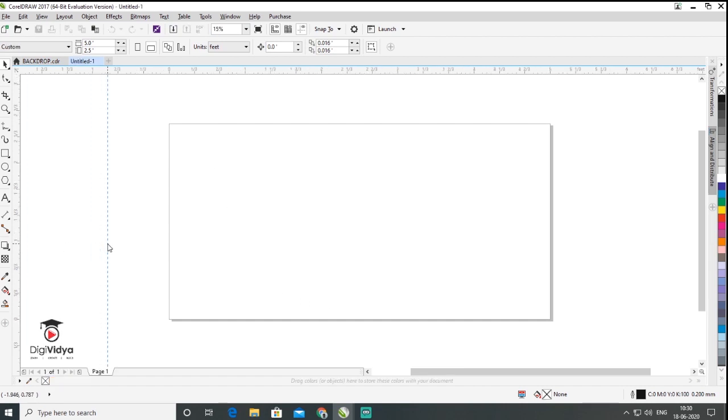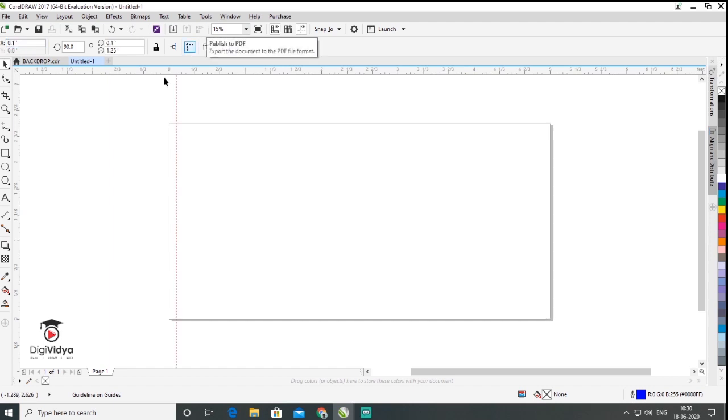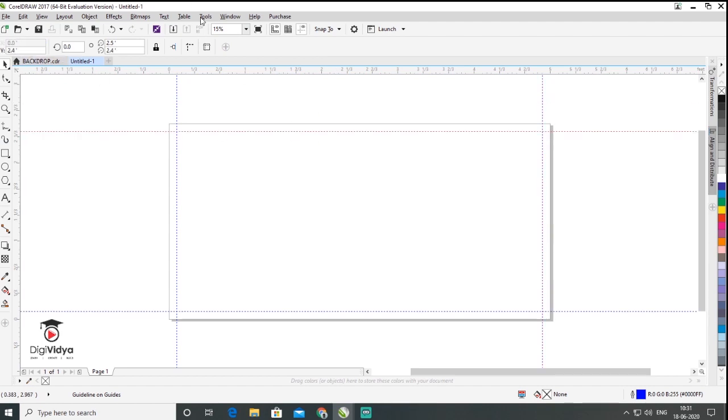So I drag a guideline from the scale ruler, and the x-axis will be 0.149, right? Here is my guideline to guide my text fonts.